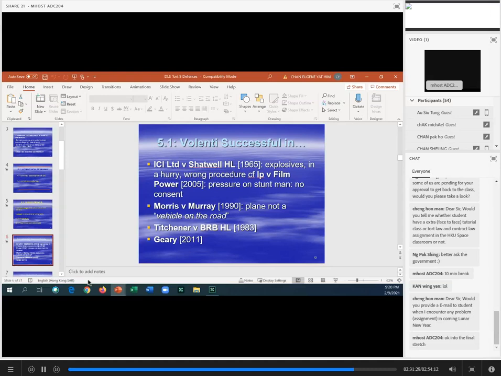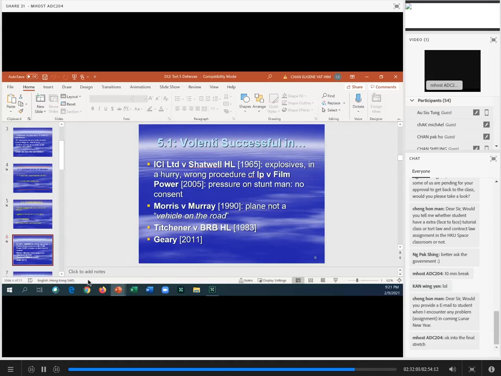But the House of Lords refused to grant relief. Why? Because there was a total defence of consent. The plaintiff had known about the risk, the extent and nature of the risk, had voluntarily assumed the risk, with full knowledge of the potential danger of not following the safety instructions. He nevertheless elected to go ahead with the test in an open space. Okay, so there you are. There was consent found in Shatwell. So if you're feeling hungry, be careful.